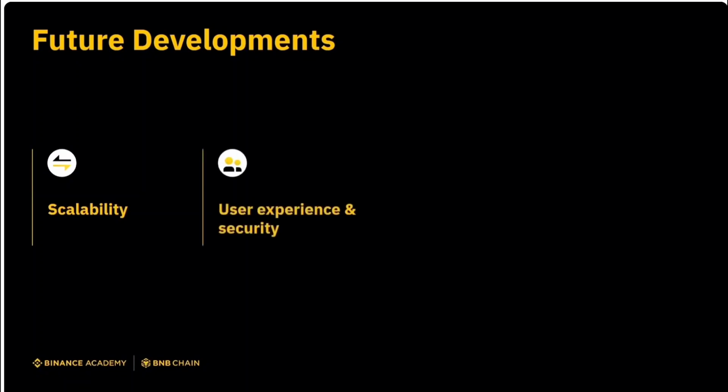User experience and security. BNB Chain intends to improve user experience by introducing better cross-chain solutions, strengthening security via Avenger DAO 2.0, and building smart wallets via MPC and account abstraction with community partners. BNB Chain is committed to further decentralization by gradually increasing validators from 53 to 100 and introducing an incentive model